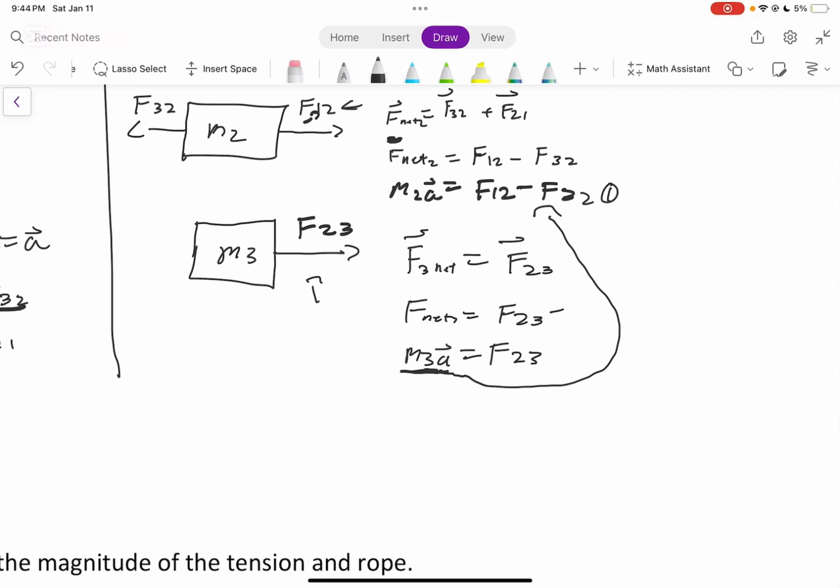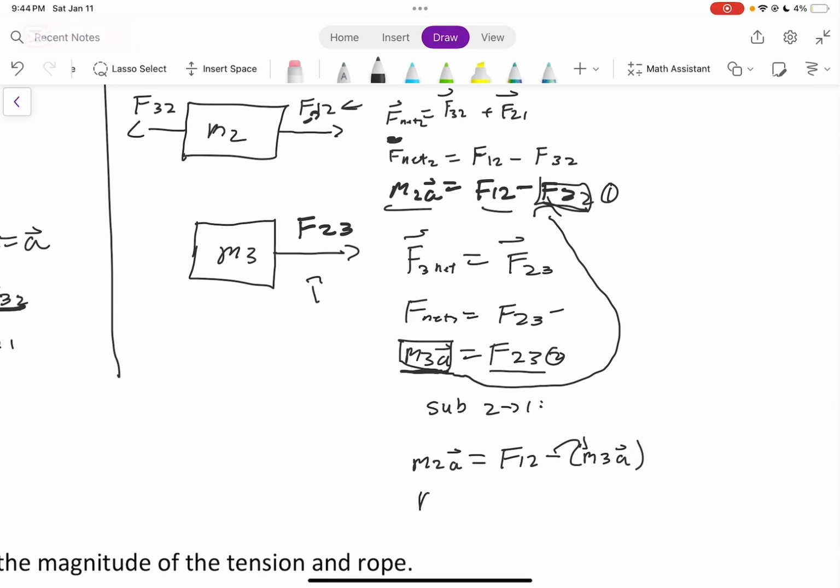So let's sub that in. We can label this as number 1. We can label this as 2. We can sub 2 into 1. And how would that look? Well, M2A is just equal to force of 1 on 2. It's the same thing as we had up here. But now we know the force of 2 on 3, which we have right here. We're going to replace this with this right here. We want to put a negative, and then we're going to put the brackets M3A. And we're just going to distribute this negative sign inside. So M2A is equal to force of 1 on 2 minus mass